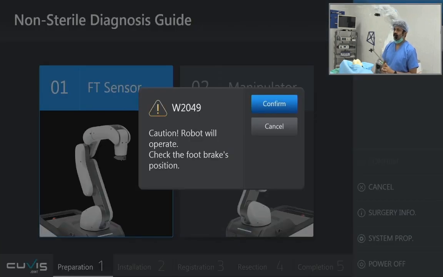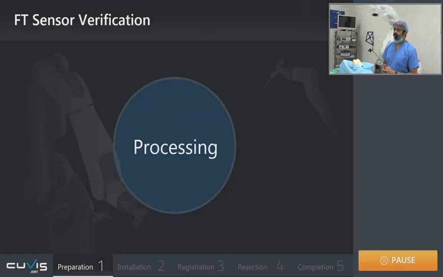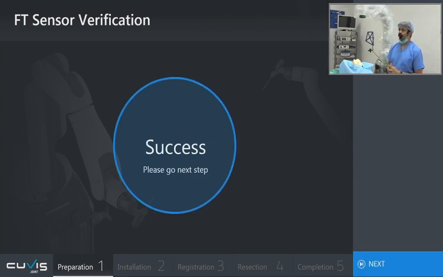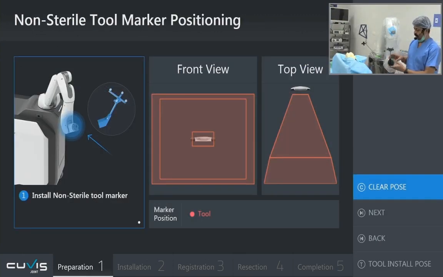Now this is the non-sterile diagnostics, wherein we can measure most of the things. It is processing, it will get the robot to a position where we can go to the next step. So what I have done is I have fixed the robotic tool marker. This is a non-sterile thing. Just excuse us because we have draped this robot beforehand, and so this will be in an undraped situation before even the surgeon is in or the patient is in. So with this marker we can do the robotic